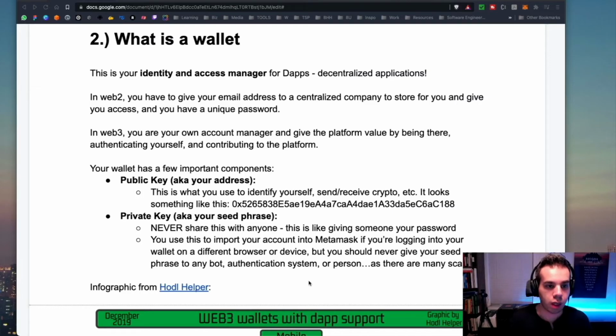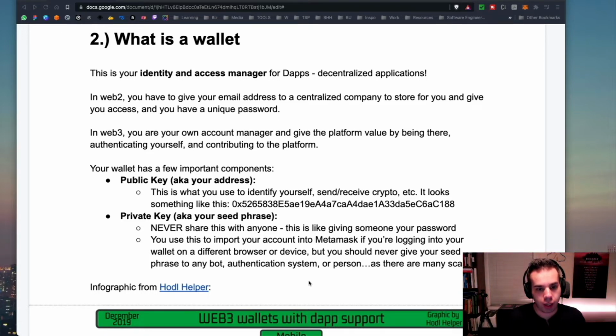When we think of a wallet, I want us to think of it as an identity and access manager for dApps. In the same way that you would log into a web application in the cloud or on a server with an email and a password, a wallet is your way of identifying yourself to a system. With dApps, decentralized applications, this is how you're able to interact with them.